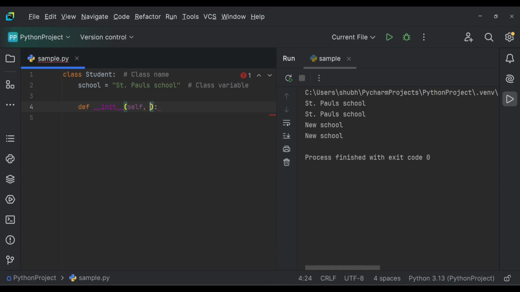So we can have two values as well. So let's say I want name and marks obtained, and we can have a class variable. So let's say one more class variable, let's say total marks 500,